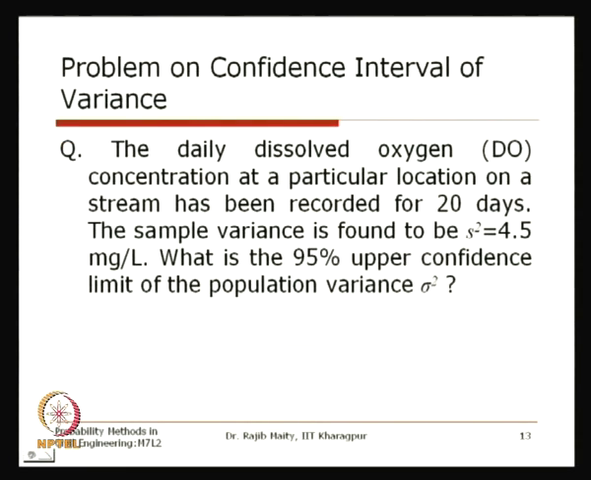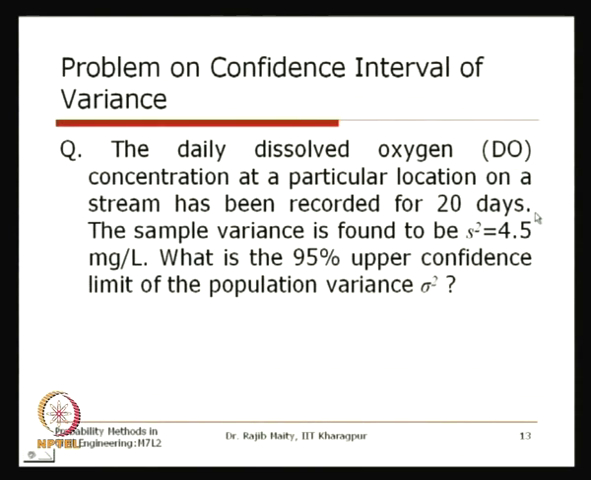We will take one example with this. The daily dissolved oxygen (DO) concentration at a particular location on a stream has been recorded for 20 days. The sample variance is found to be s squared equals 4.5 milligram per liter. What is the 95% upper confidence limit of the population variance sigma squared? So, the sample is known. From the sample we have estimated the variance, and that estimate is 4.5 milligram per liter, and the sample size